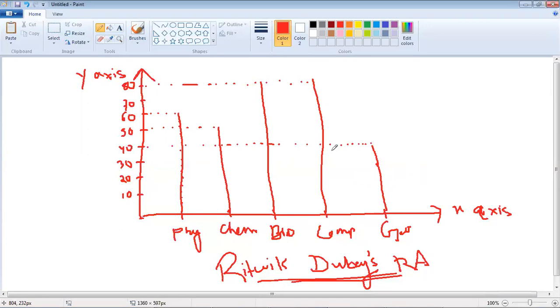Now you tell me, in which subject or subjects I have secured the maximum? कौन से सब्जेक्ट में मैंने ज्यादा रखा है, ग्राफ को देख करके बताओ. देख करके ही पता चल रहा है कि ऋत्विक सर ने बायोलॉजी और कंप्यूटर में ज्यादा रखा है. अब ग्राफ को देख करके बताओ कि सबसे कम ऋत्विक सर ने किस में रखा है. देख करके पता चल रहा है कि ज्योग्राफी में ऋत्विक सर ने सबसे कम रखा है.